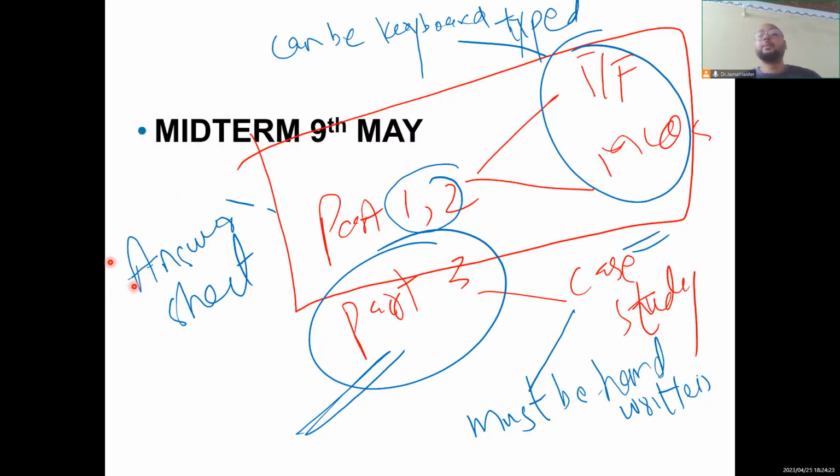All you need to do, just open this file and open this answer sheet file. Just type the answer, true, false, true. You write T in those very nice tables, just 1, 2, 3, correspondingly true, false, true, false, true, false. And on MCQs, you can just write A, B, C, D, A, B, C, D. That's it. You can type. You can use a pen, whatever you want. In part 1 and 2, you can use your keyboard. But for part 3, where I'm giving you a case study, you are not allowed to use typed answers. Understand, everyone?